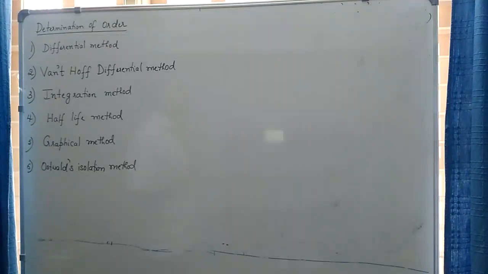So before carrying out an experiment to find out the order of the reaction, we have to keep two things in mind. First, we should have some previous knowledge, okay, background knowledge about the nature of the chemical reaction, such as whether the product may be acting as an inhibitor or the product may be acting as a catalyst or autocatalyst.